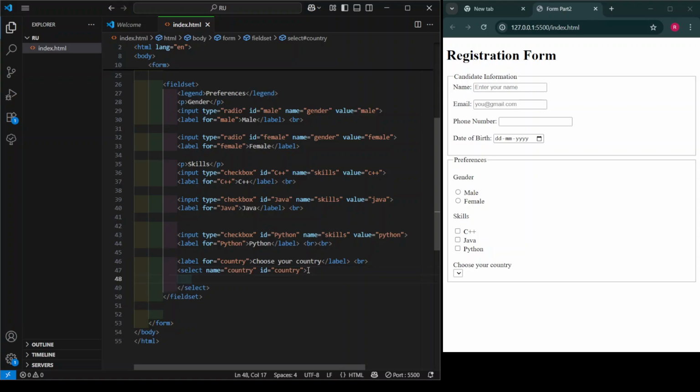What I'm going to do is I will put one option. What does it do now? It will put certain values. India. Okay, India. Put it as